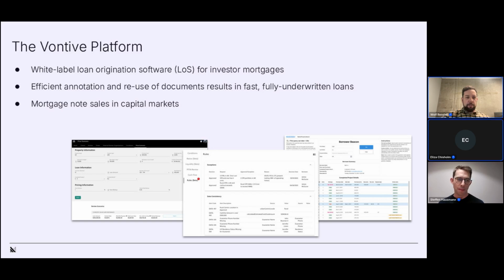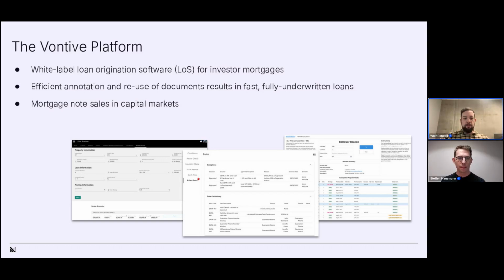I'd like to start by giving a little bit of an overview of what Vontive is. Obviously, we're here to say how partnering with Materialize helped our business process out, and we will get into that. Just to bring you into our world and where our problems started, Vontive is a platform